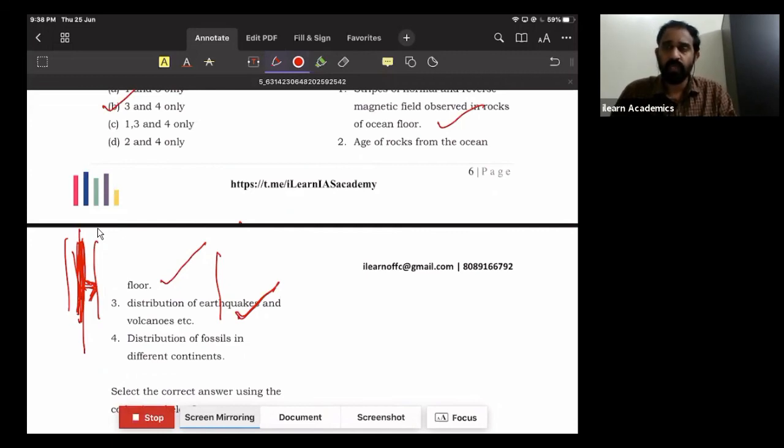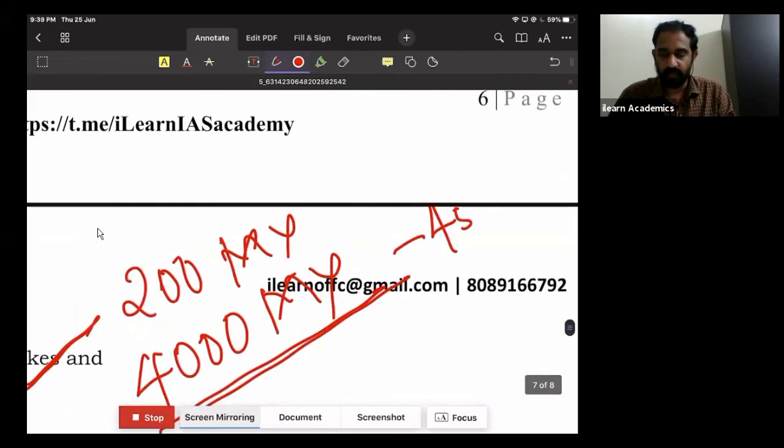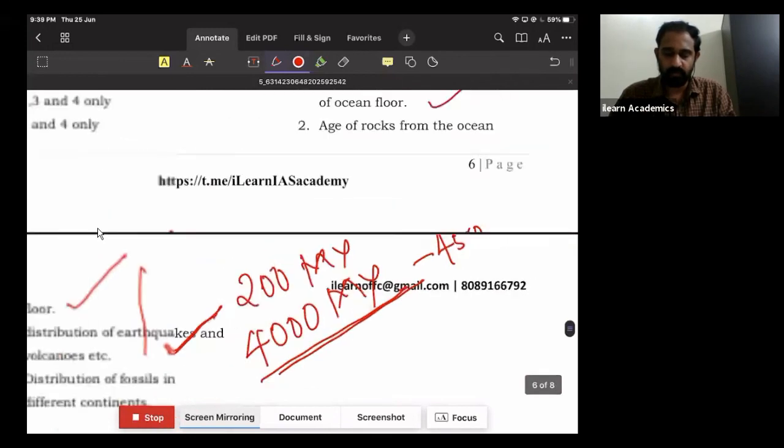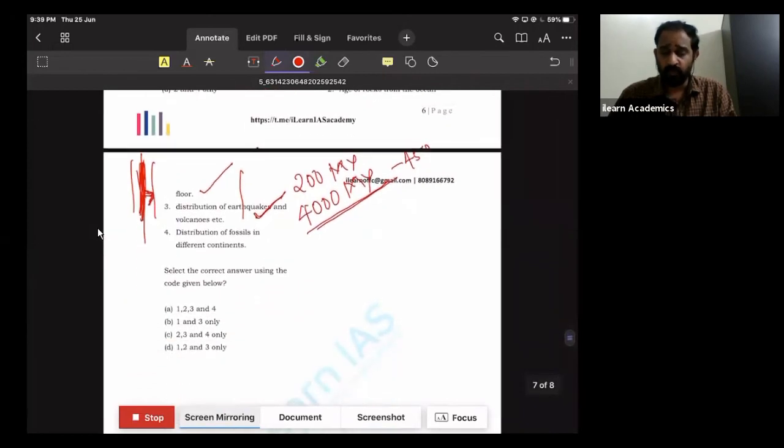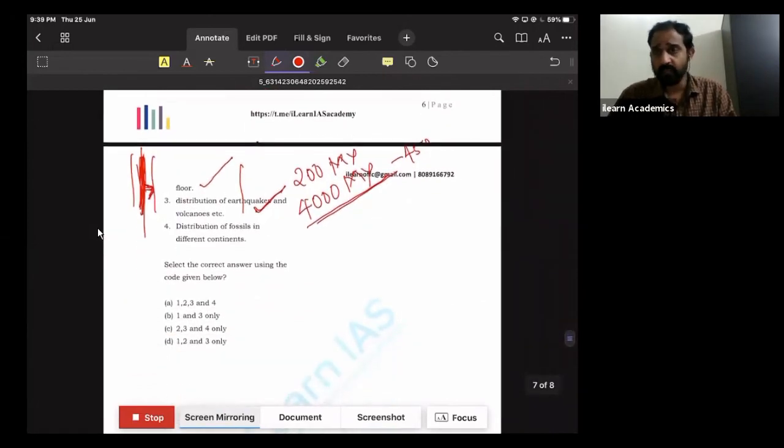So usually it is considered that the oldest rocks found along the ocean floors is only 200 million years old. However, in the continental areas, you can find rocks of up to 4,000 million years old. So that is, Earth was formed 4,500 million years ago. So you can find rocks immediately formed after the formation of Earth in the continental areas,